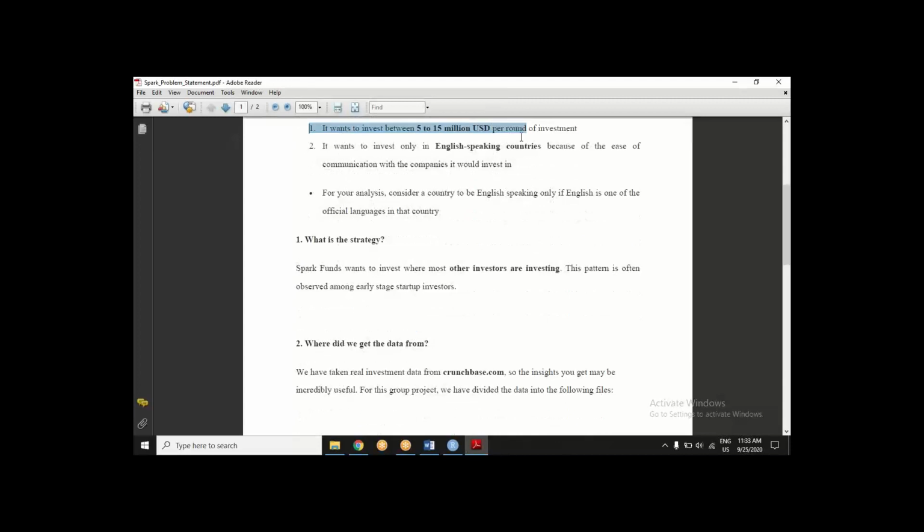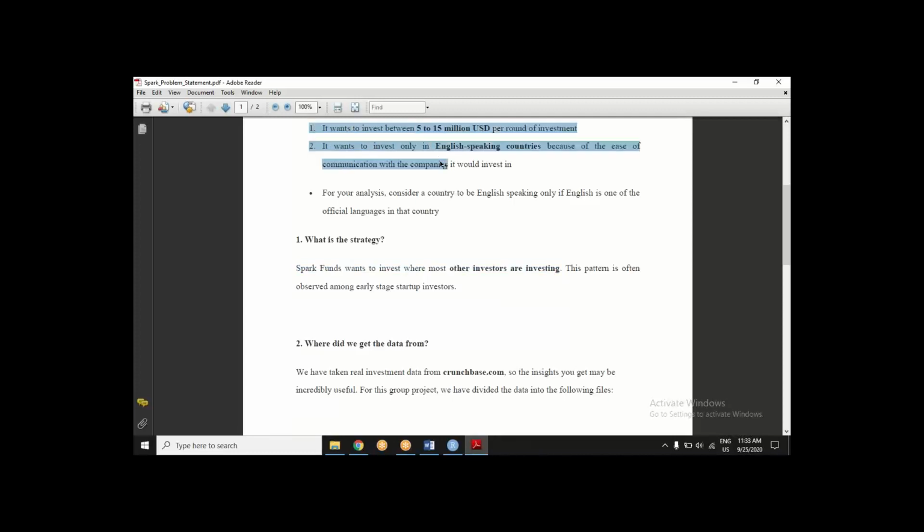Once these two constraints are met, what is their strategy? Their strategy is: we will invest where others are investing. Getting the idea? We don't want any adventures. We don't want to experiment. No heavy braining, no analyzing unnecessarily.